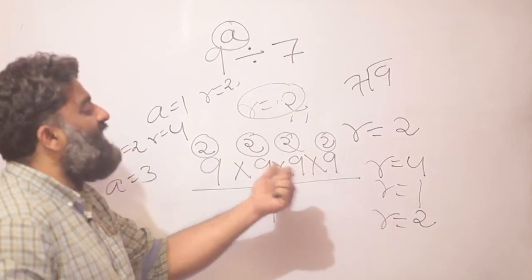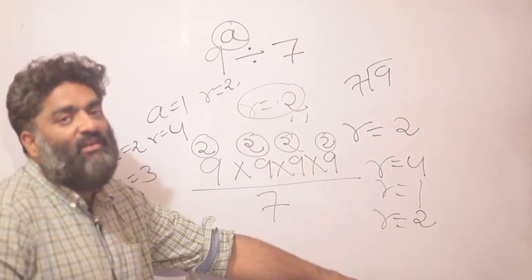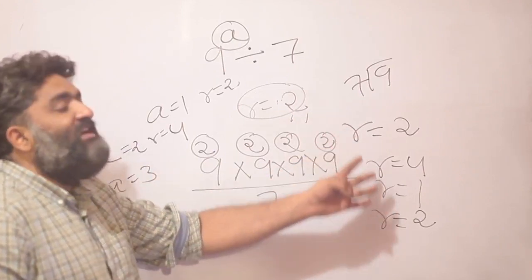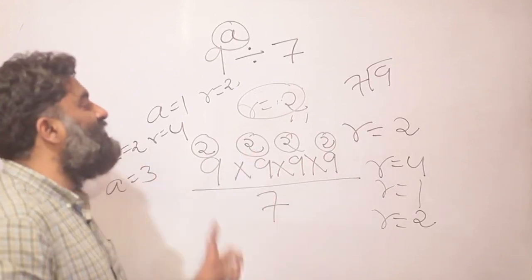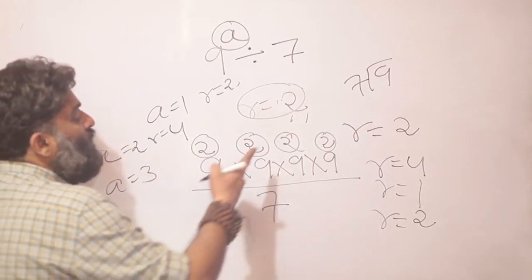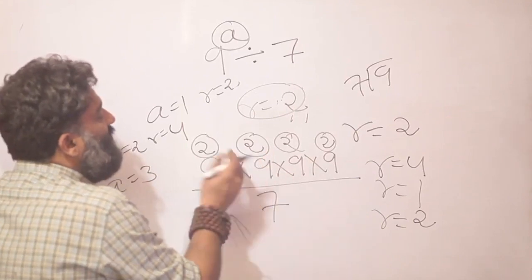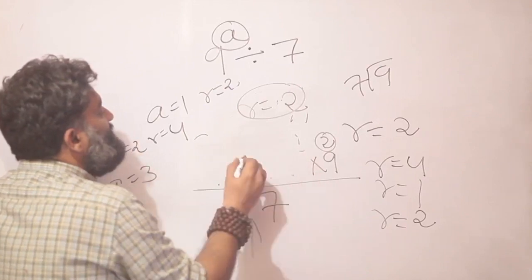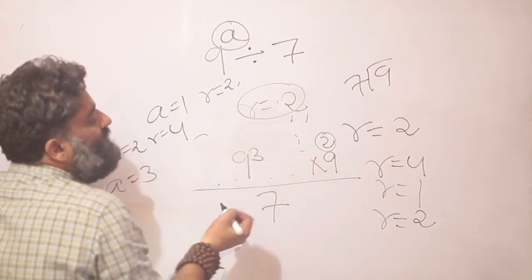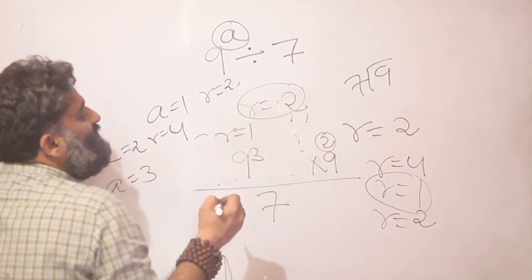And if you go for 9 raised to 5, you will see once again 4 will come and again 1 will come. So you are getting 3 possible remainders, which are 2, 4 or 1 depending on the power. Once again, even this work could have been reduced a little bit. How? Because I already figured out that once we went for 9 cube, my remainder was 1. So this is going to give you a remainder of 1.